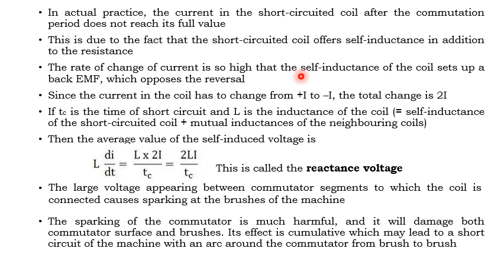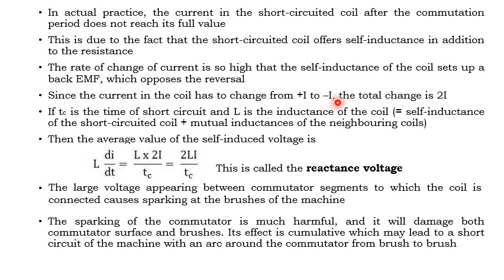Now the rate of change of current is so high that the self-inductance of the coil sets up a back EMF. So whatever the change in the current during the short circuit of the coil, it is at quite a high rate. In that case, the self-inductance of the coil sets up its own back EMF, and this back EMF opposes the reversal of the current. Since the current in the coil has two changes, plus I to minus I,